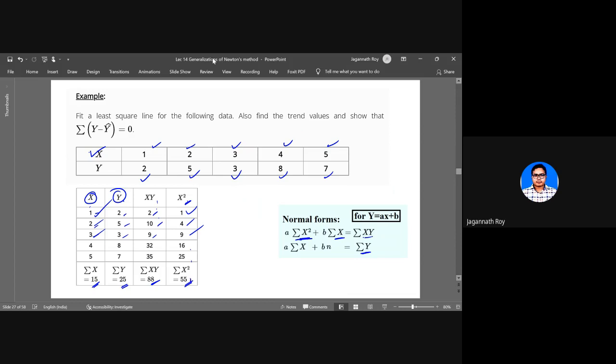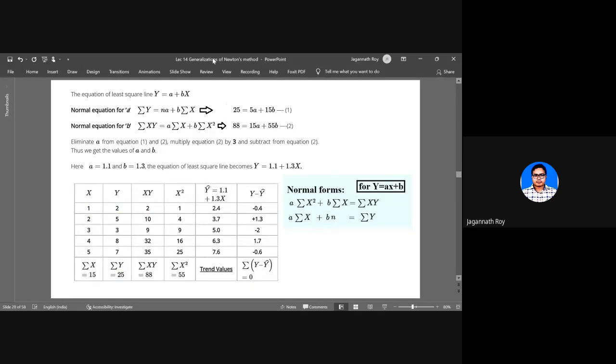Now, what we have to do? We have to substitute these values here, so that we can get a system of equations in A and B. Once we do that, we can find that the values of A equals 1.1 and B equals 1.3. So the linear equation, the line that is going to approximate all the data points,